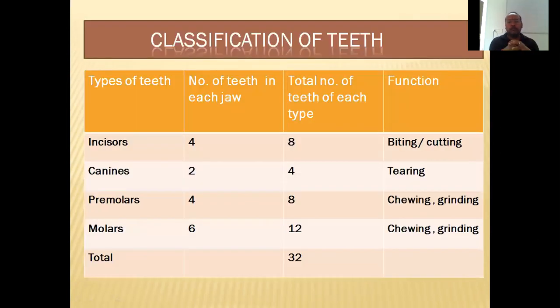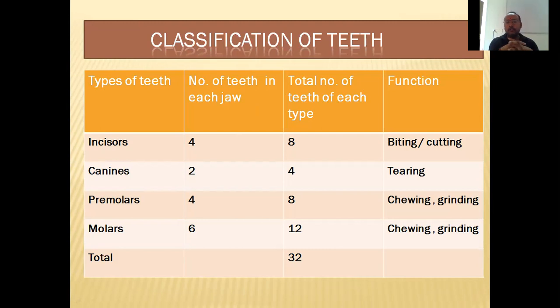So that is the complete table showing the different types of teeth present in the lower and upper jaw. We have two jaws: one is the upper jaw, and one is the lower jaw at the bottom in the buccal cavity. First of all, incisors. The front two teeth, present at the front, help in cutting or biting the food and are called incisors. You can see the number of teeth in each jaw: two on this side, two on this side, four in the upper jaw; two on this side, two on this side, four in the lower jaw. So the total is 8.